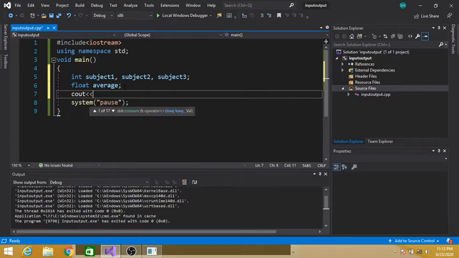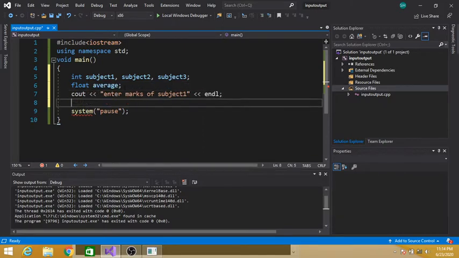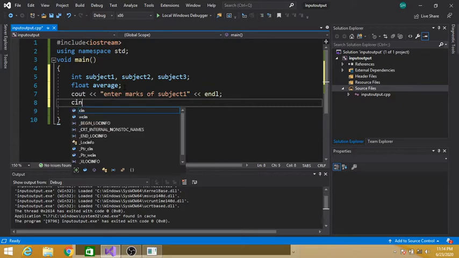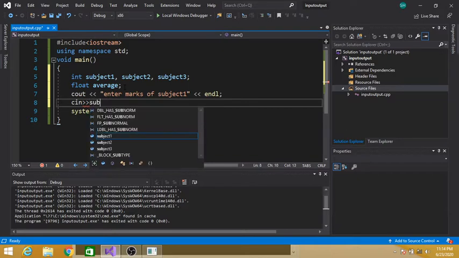Cout, enter marks of subject 1, endl. Cin is used to take input from the keyboard, subject 1.